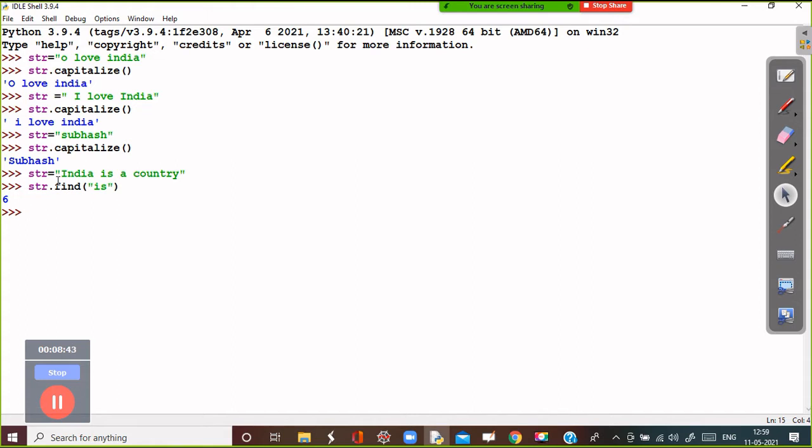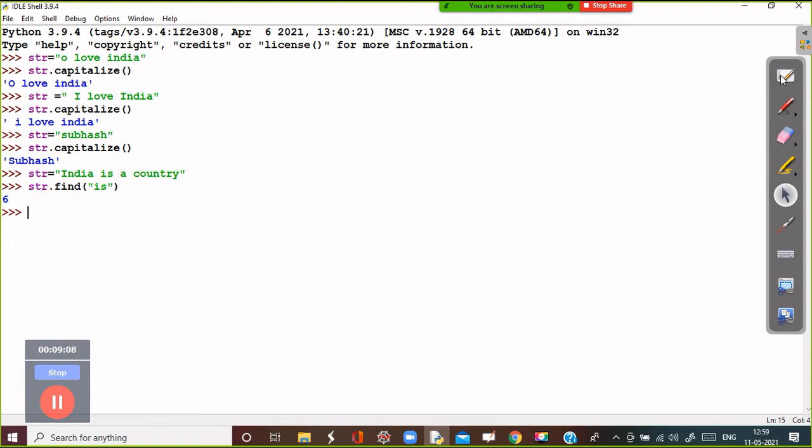And if you want to find the starting position of the substring each, then you can write str, the name of the string or the string variable name, use the find function and write the substring name inside the brackets. Okay, so it is clear.